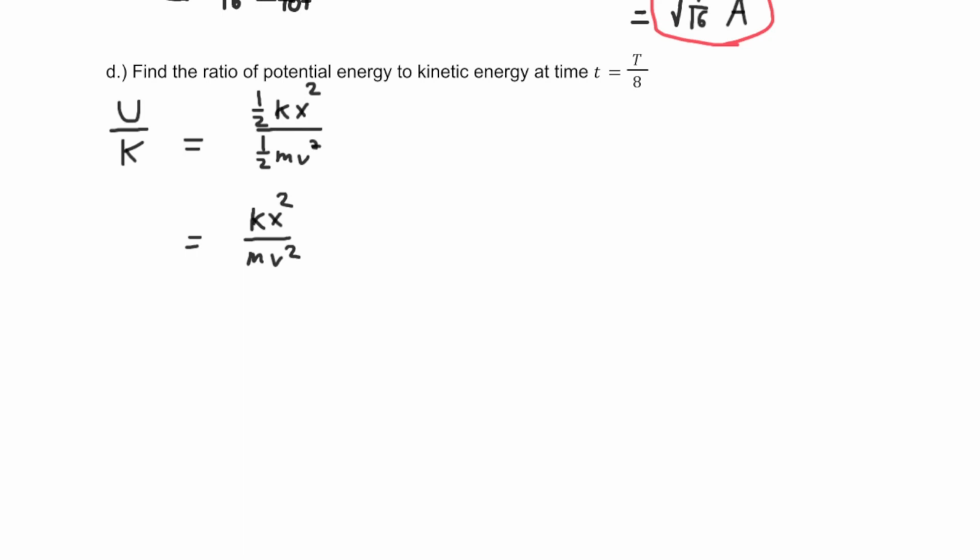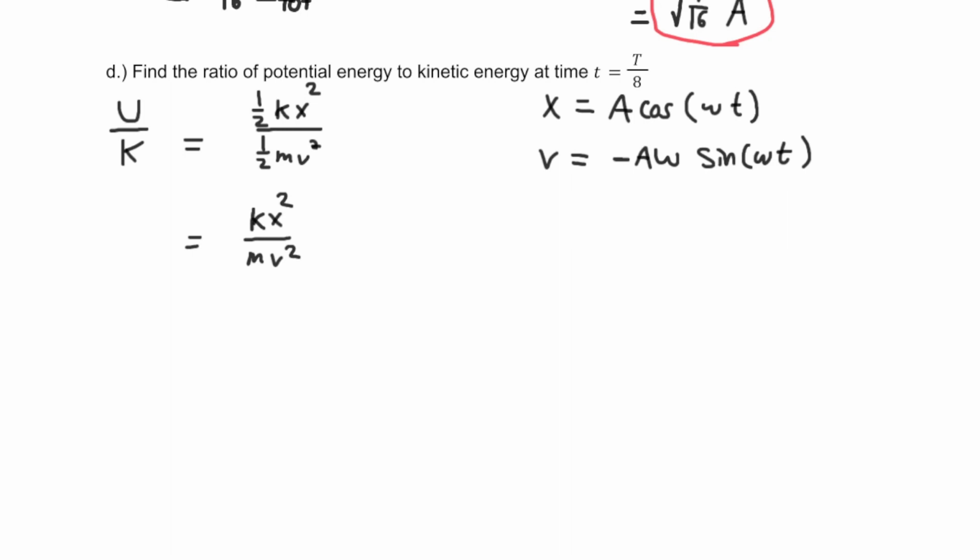So what we could do for this is we could actually just look at the whole functions and plug in and see what all that is. Or we could actually think about it for a second at this specific time and see what simplifications happen. So we know that we're releasing it from rest at time equals 0. So x is going to be equal to a cosine of omega t, which means that v is going to be negative a omega times sine of omega t. So why this is helpful